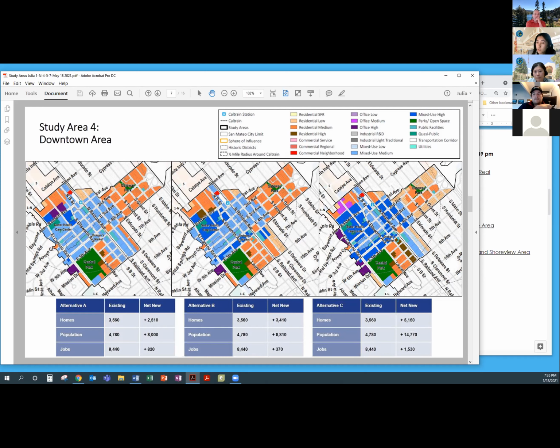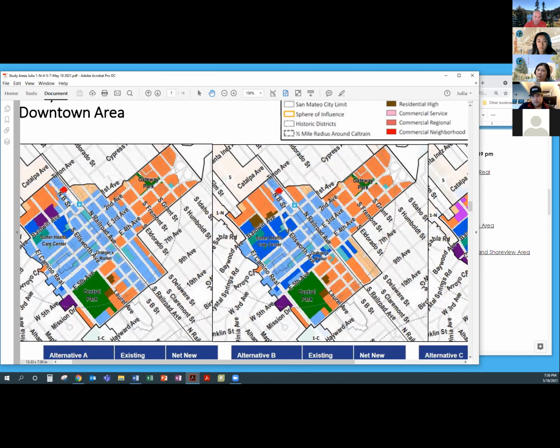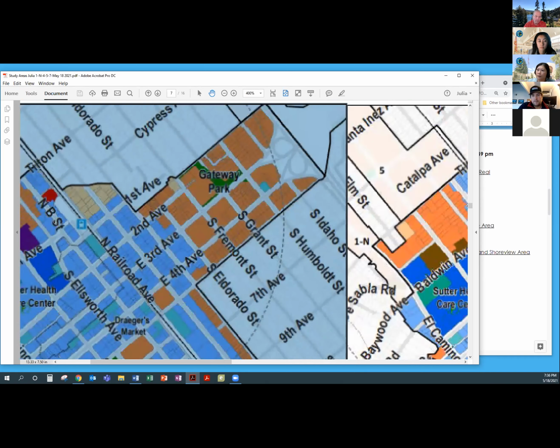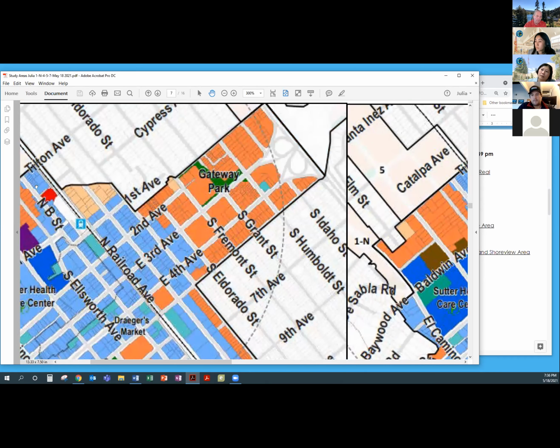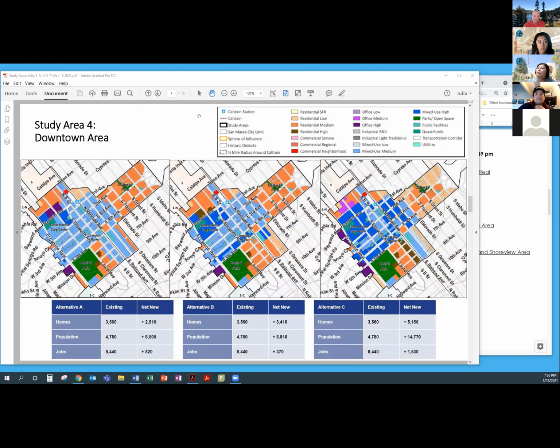Yes, Paul would like you to zoom in on the red area. So there is an area in alternative, that's at the north area. Oops, maybe that's too far. So that is the Mi Rancho Market. Sorry about that. Were there any additional questions, comments, areas for me to zoom in on?